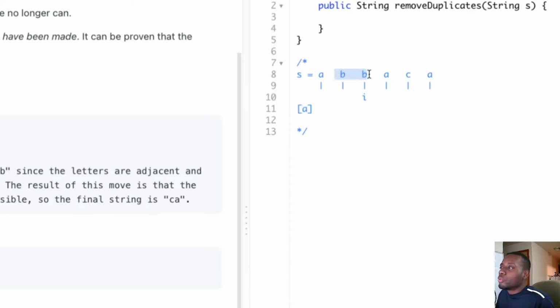Now those two things are removed. To help you visualize this, now we're only left with C, A, C, A, because we remove those two B's from the string. So we have an A, and now this A, we add A to the stack,